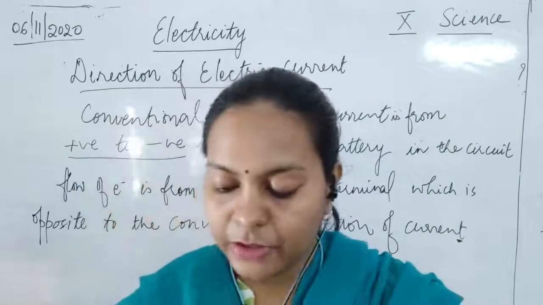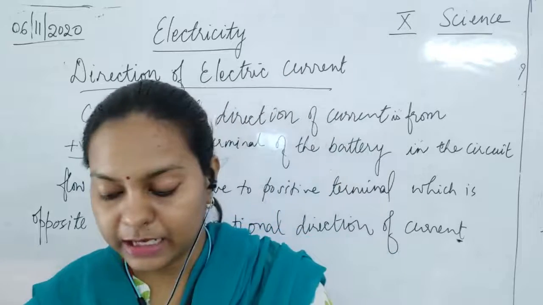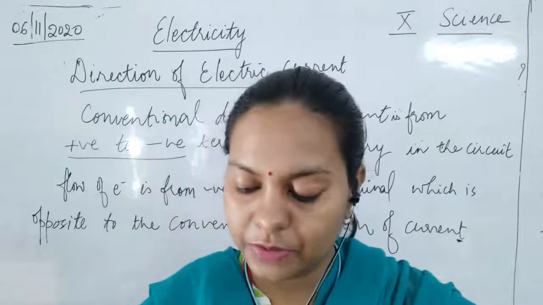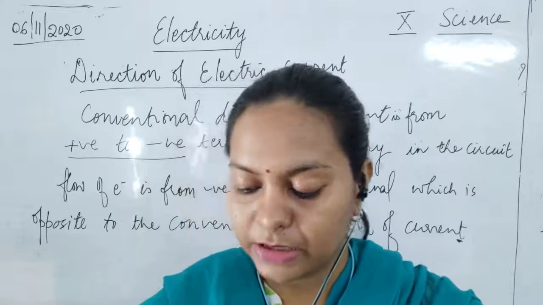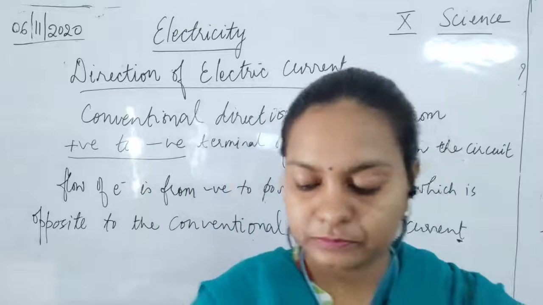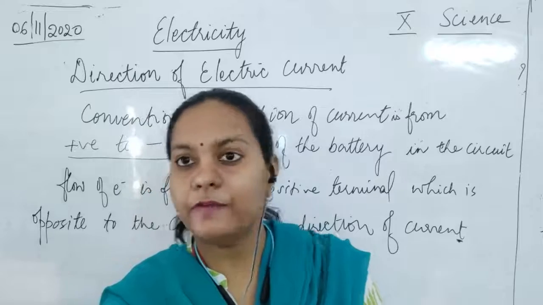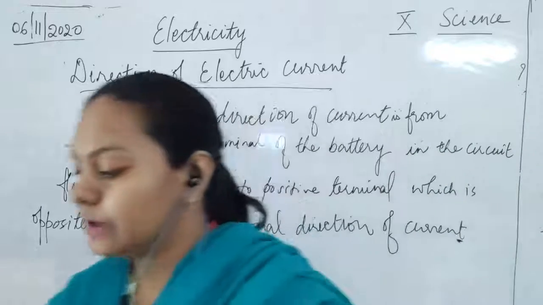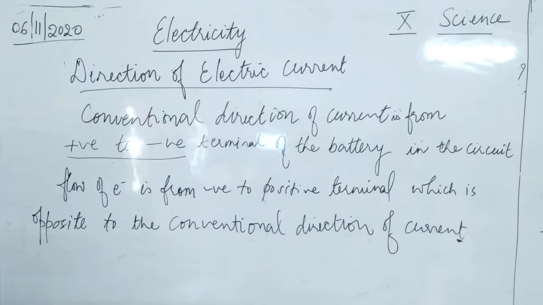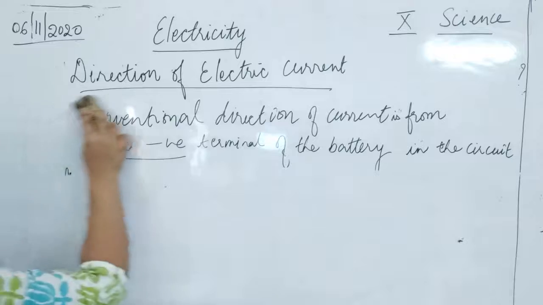Let us see. We know that electric current is because of the flow of electrons in the metallic wire or the conductor. When the cell or a battery is applied across its ends, the metal has plenty of free electrons in it. A metallic wire, what happens? It has plenty of free electrons in it. Why? Because metals are said to be the electron donors. Okay, so metals are said to be the electron donors.